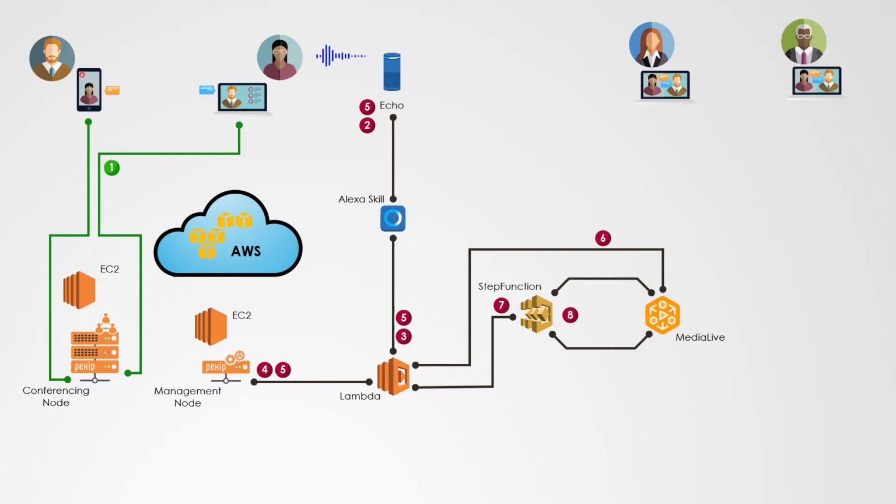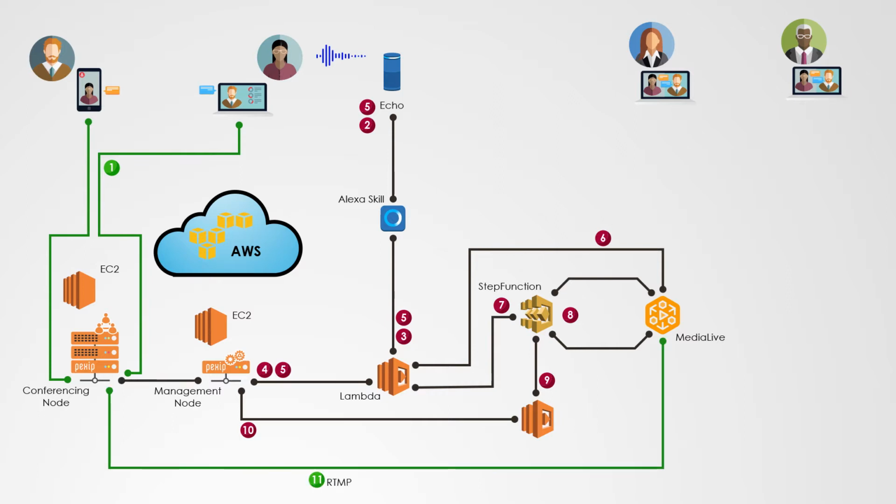So we need that step function to basically loop and periodically check the status of the Media Live and wait until it is fully running. And once it is running, then it's going to start another Lambda function which will instruct the management node through API to get the conferencing node to start streaming to the Media Live service. Then the Media Live